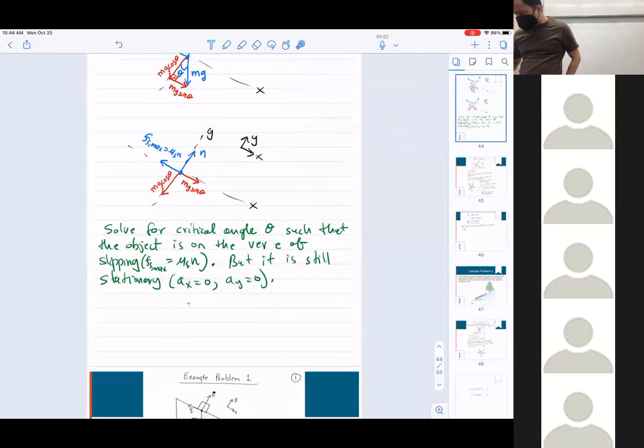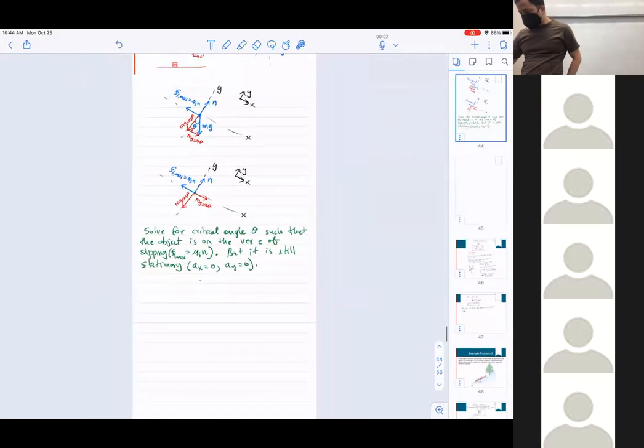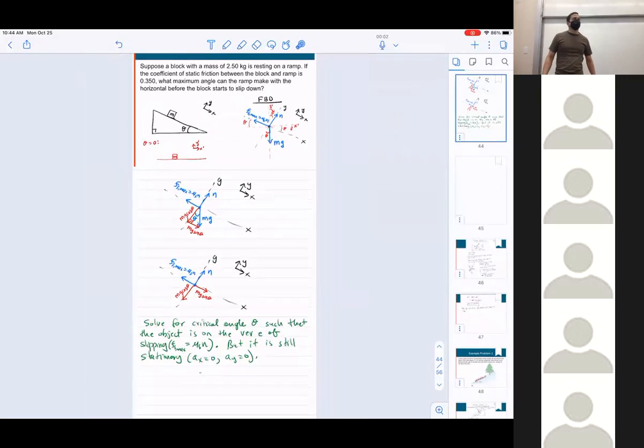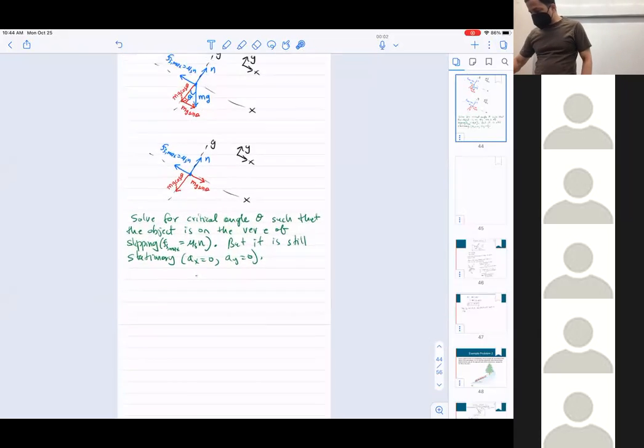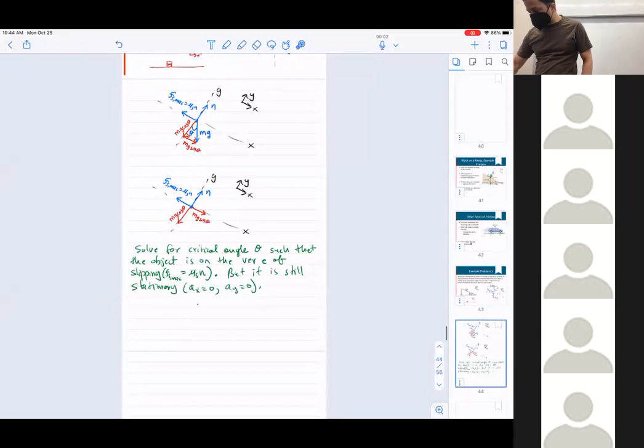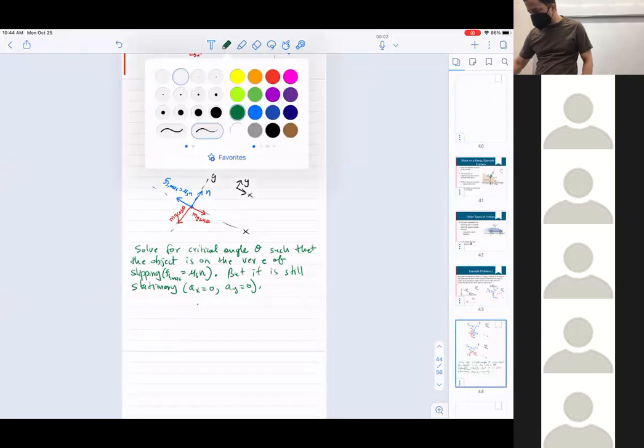Let's go here, let's add a page. All right, so I just kind of went deliberately slow through this. Once you get the hang of it, you can probably draw this pretty quickly, but the first time I'm going through it a little bit slowly. So let's see how we can now solve for theta. Let me now do